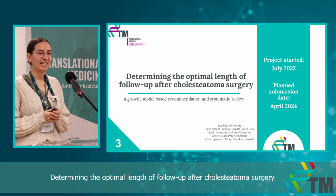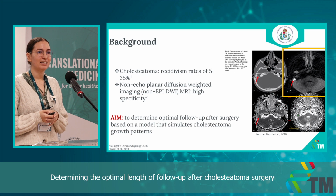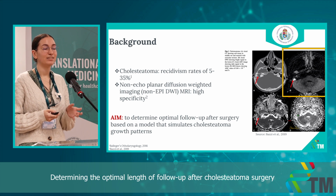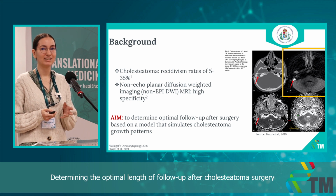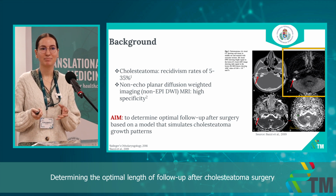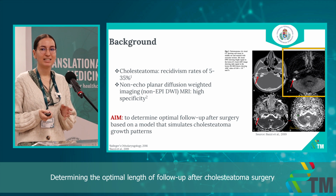My third project, one of my most recent projects, is dealing with cholesteatoma follow-up. So unfortunately, in cholesteatoma, recidivism is quite high. So it is crucial to follow up these patients to see that they are continuing to be healthy after surgery. The contemporary method for doing this is using a